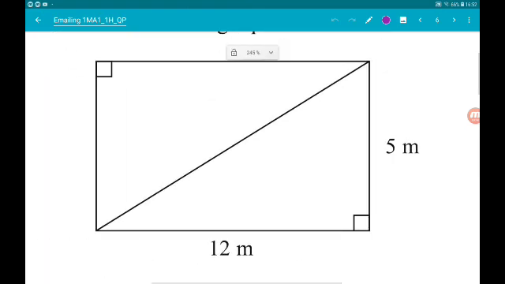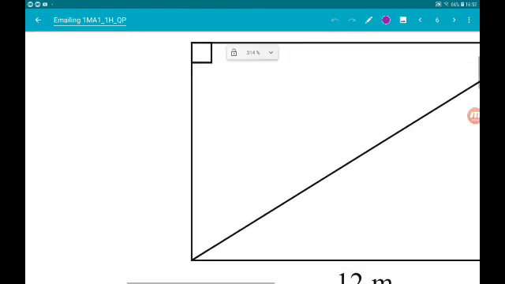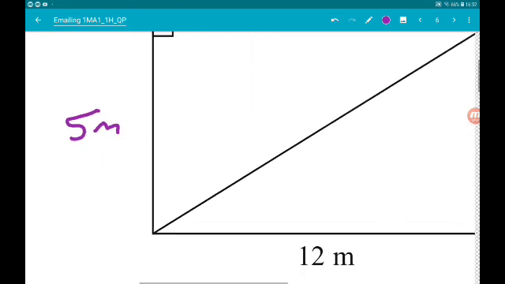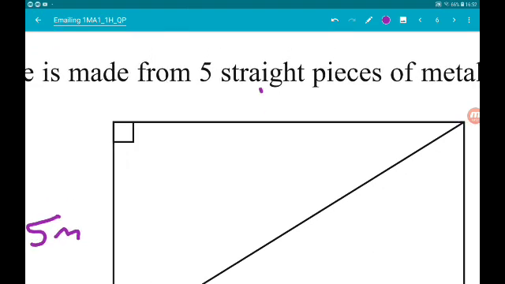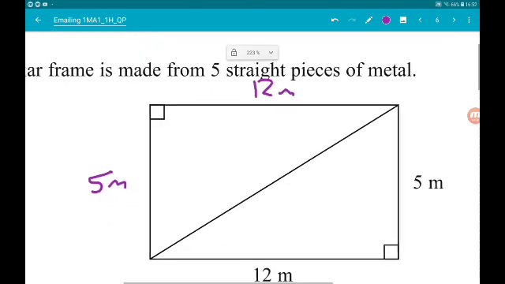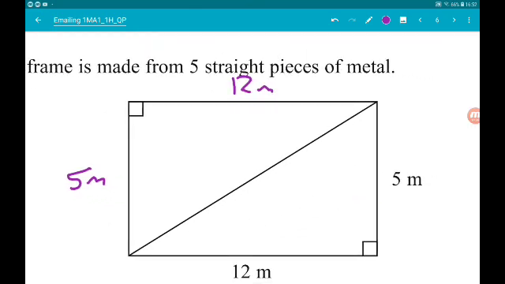We know because this is a rectangle, this side is also 5, and this side is also 12. Now, what we need to work out is the length of the diagonal bit. So, being the diagonal of a rectangle also makes it the hypotenuse of a right-angled triangle. So,